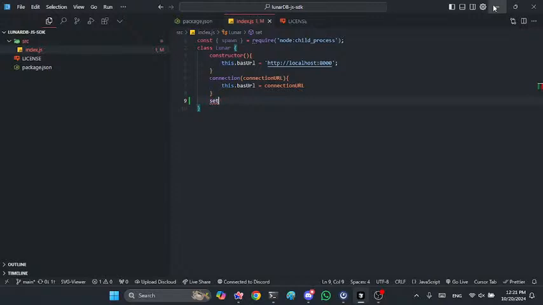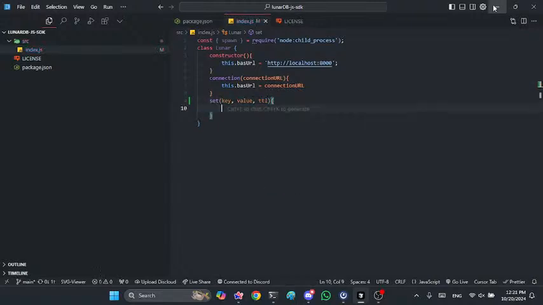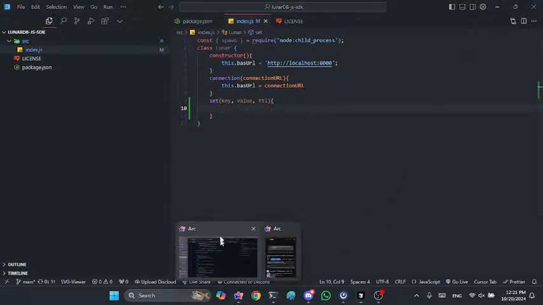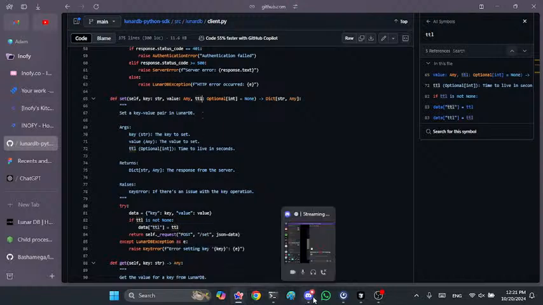So here we can just say that we get key and value and TTL. Like frequency we have TTL. Okay, so TTL is time to live in seconds, I guess. So I can just